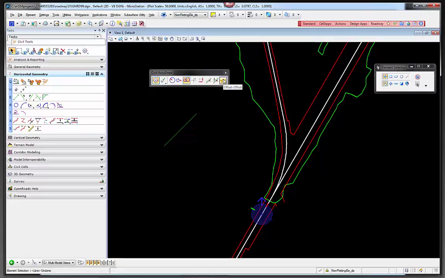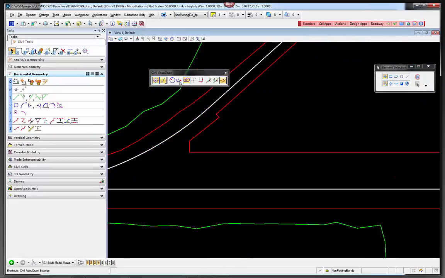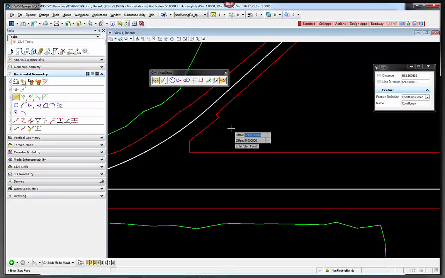Here's another example. Let's say, for example, I need to do an offset. And I'll use these two lines in here. Before I do that, I want to rotate this view real quick. Go from here to here, and then I'm going to do an offset, and I'm going to start a point that I know is 50 feet offset. So with the first offset focus field, I hit the O key, and I can select this whole line, and then I can set this value to say 100 feet, and when I hit enter, it locks it